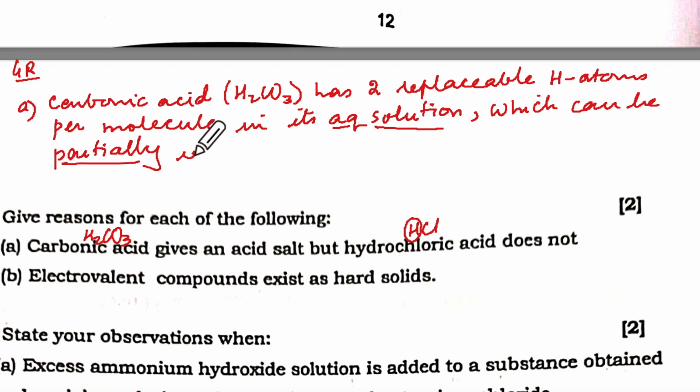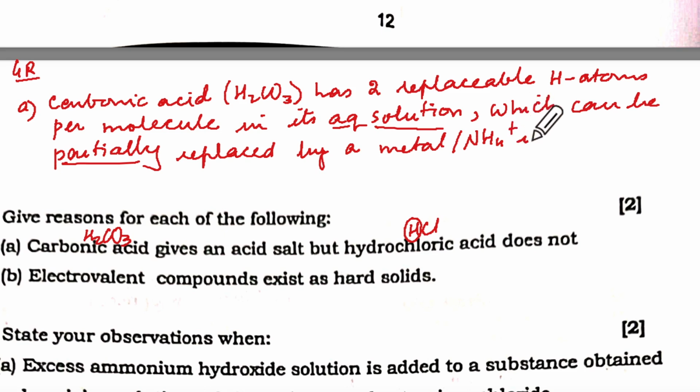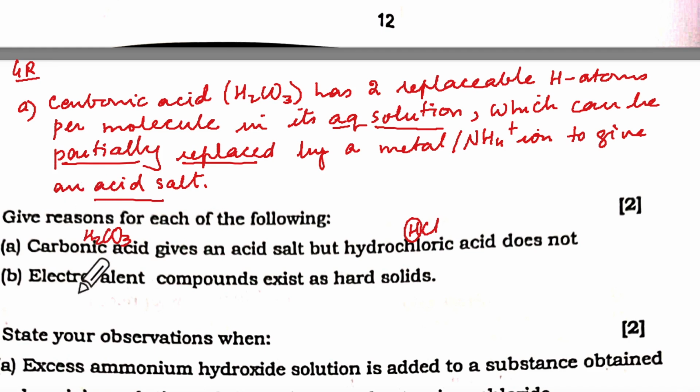They can be partially replaced, underline that, replaced by a metal or NH4 1 plus ion to give an acid salt. Correct? The keyword is partially replaced. Then in the next line what you'll say, but